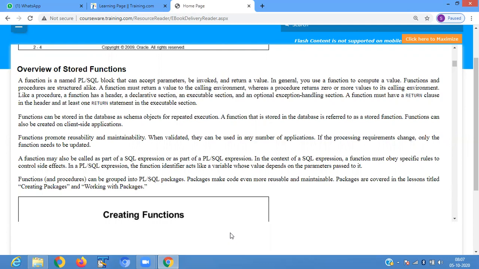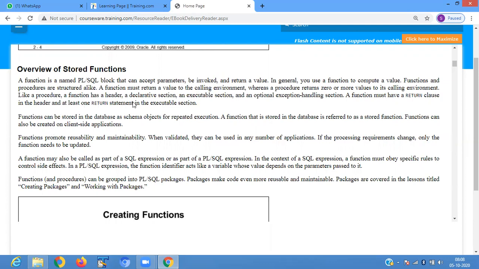In that case, you break the whole program into subparts, means the subtraction and addition parts are different, and the division part is different. Whereas a procedure returns zero or more values to its calling environment.